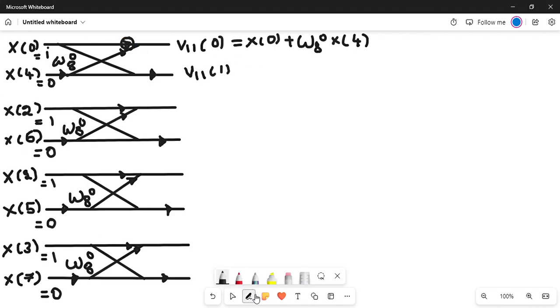Yeah, so I guess you can understand things. So my resultant will be equal to, so what is x of 0, this is 1, so 1 plus 0 into x of 4, which is equal to 1 directly, right? So this is x of 0, which is 1, so plus omega a to the power of 0, which is equal to 1, and x of 4 which is equal to 0, so I am going to get 1, right? Yes. And omega 11 of 1 is equal to x of 0